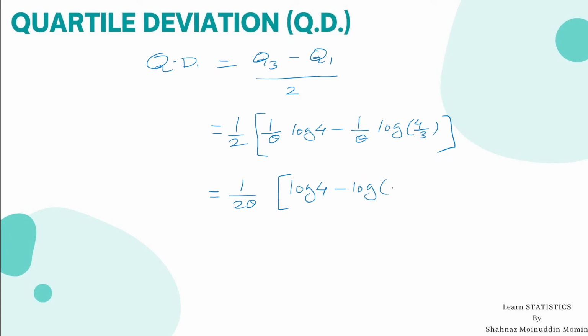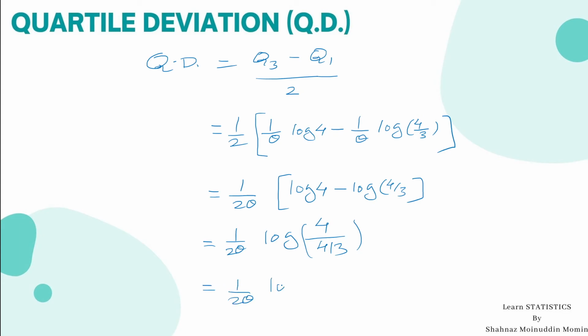Log 4 minus log 4 upon 3. We know that log A minus log B is nothing but log A upon B, meaning division of logs. So it is